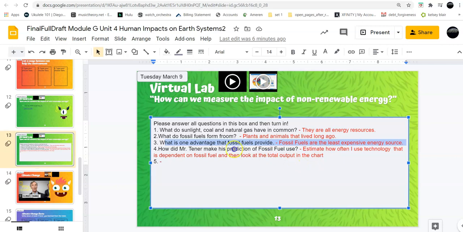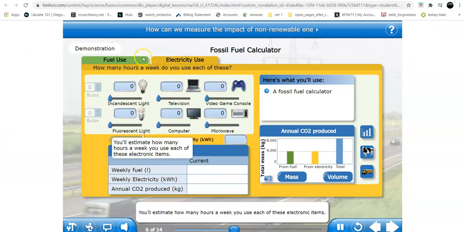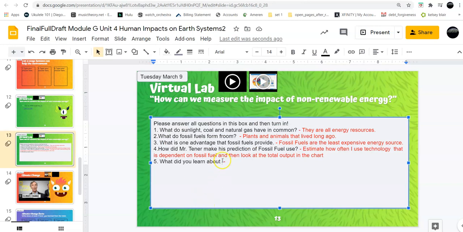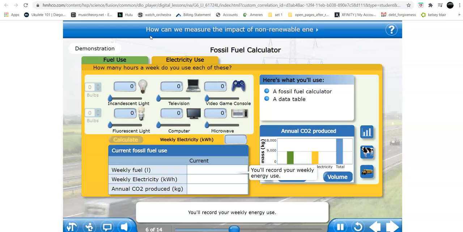You'll estimate how far you travel each week by car, bus, and train. You'll see how many liters of fuel you use each week. Click to see the electricity inputs. We'll come back to this. You'll estimate how many hours a week you use each of these electronic items. You'll see how many kilowatts of electricity you use each week. A data table: you'll record your weekly energy use. Annual CO2 graphs: